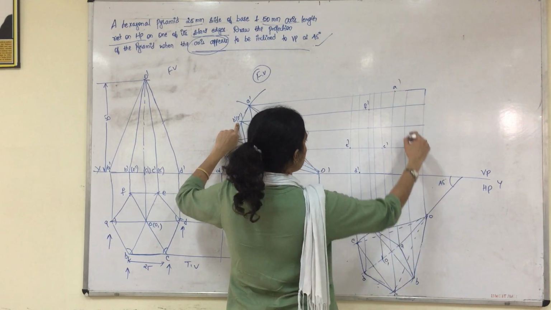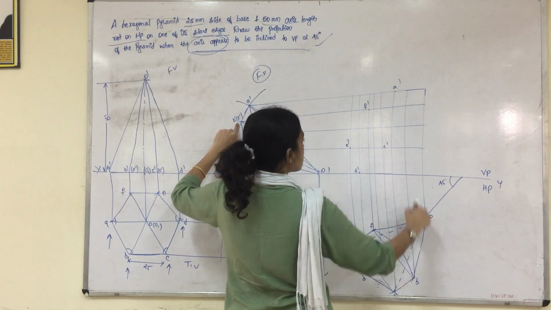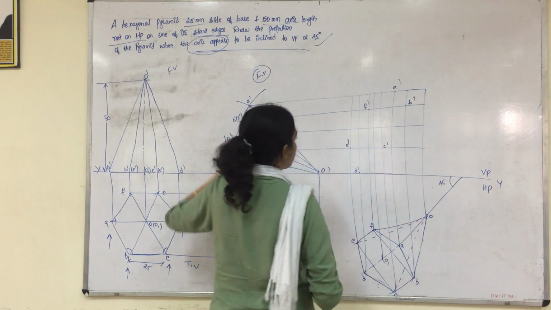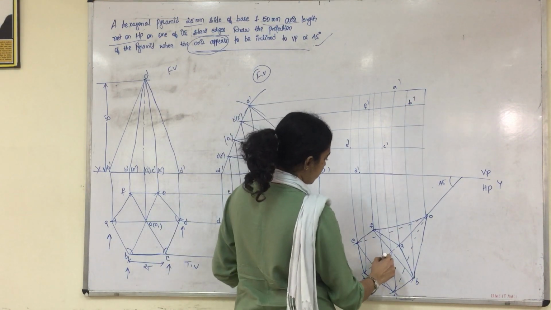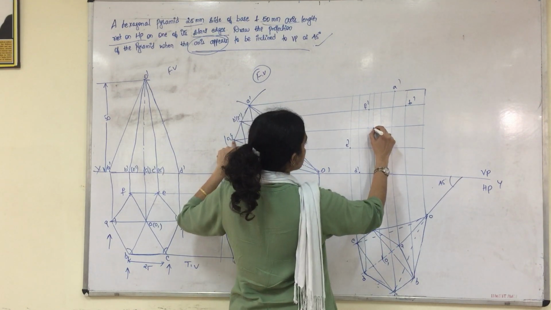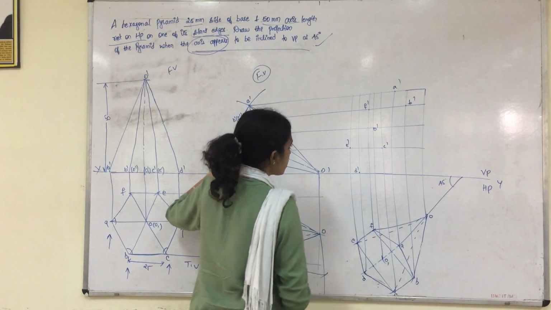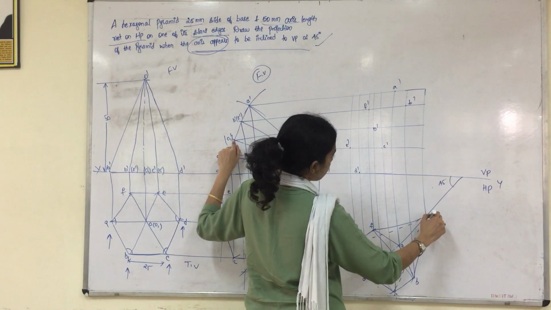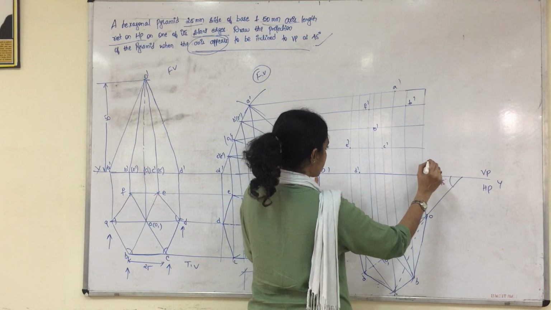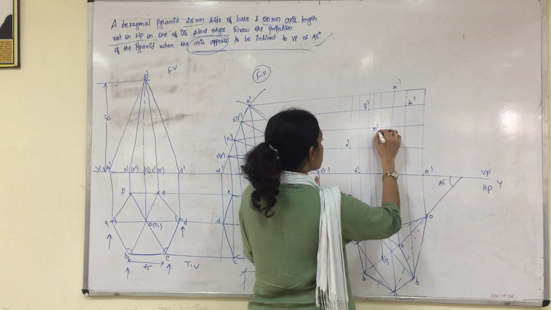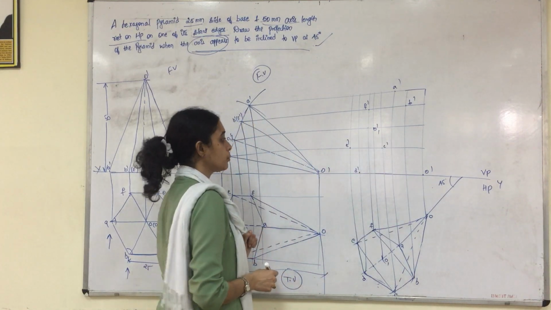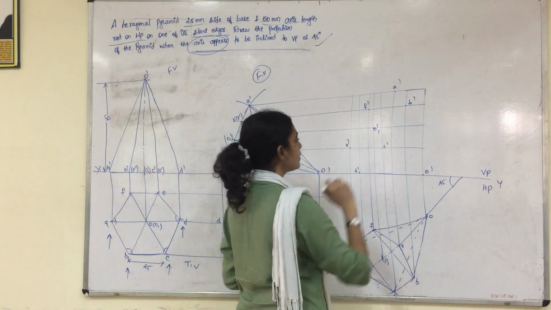And locus of B. So this is the locus of B. It is meeting B dash at this point. So this is our B dash. After that, you see where is our O1. So locus of O1 is meeting O1 dash at this point. Along with that, we have the locus of O, which is meeting O dash at this point. So this is our O dash, and this is O1 dash. So now we got the naming of all the base surface as well as the center and the apex.